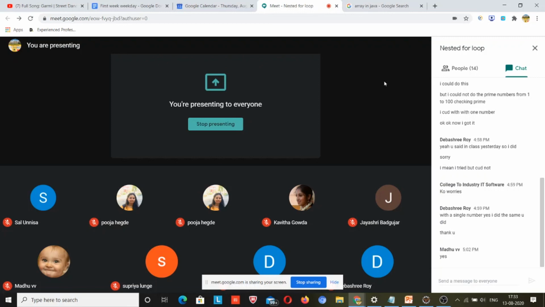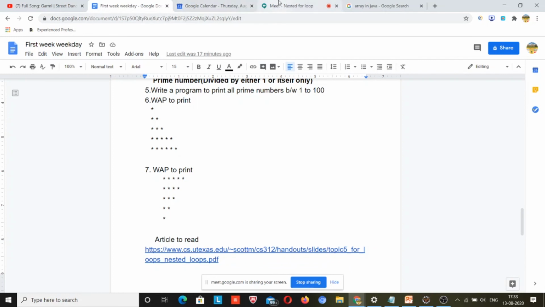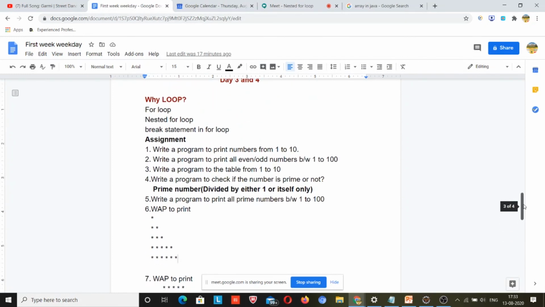So this was my agenda for today. What are your assignments? I will post them on the appropriate Google Classroom platform. Write a program to print numbers from 1 to 10. This is very easy. Write a program to print all even and odd numbers between 1 to 100.